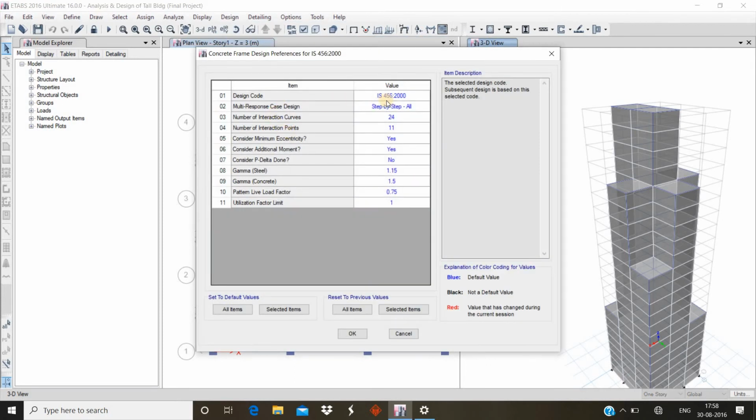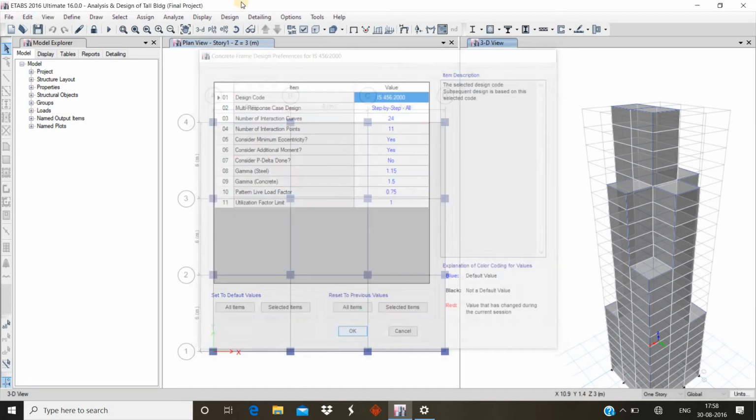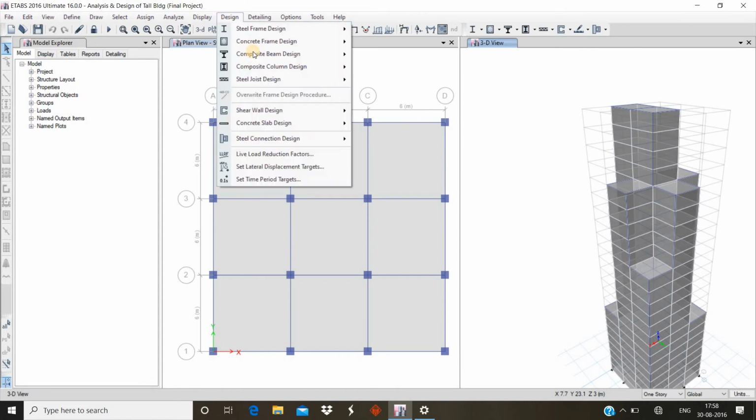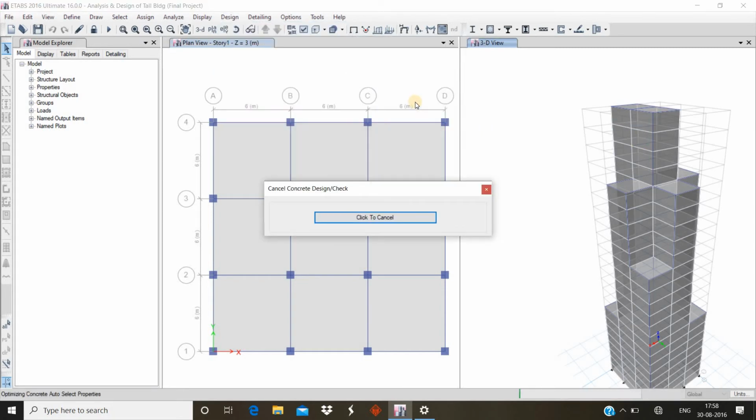We have to select our IS code. So the design code is our IS 456-2000 as Indian code for reinforced concrete and plain concrete. Okay, then click on OK. Then after this click on design, go to concrete frame design, click on start design/check. It will start the design.